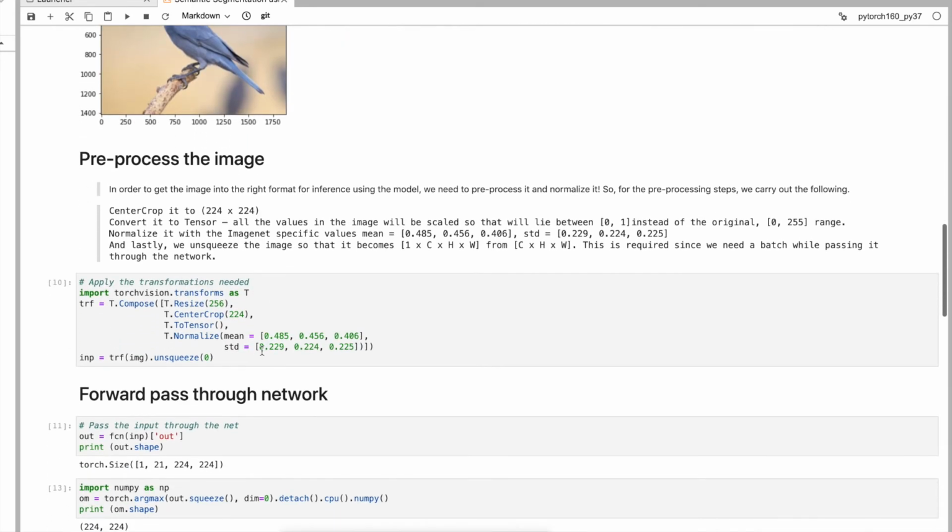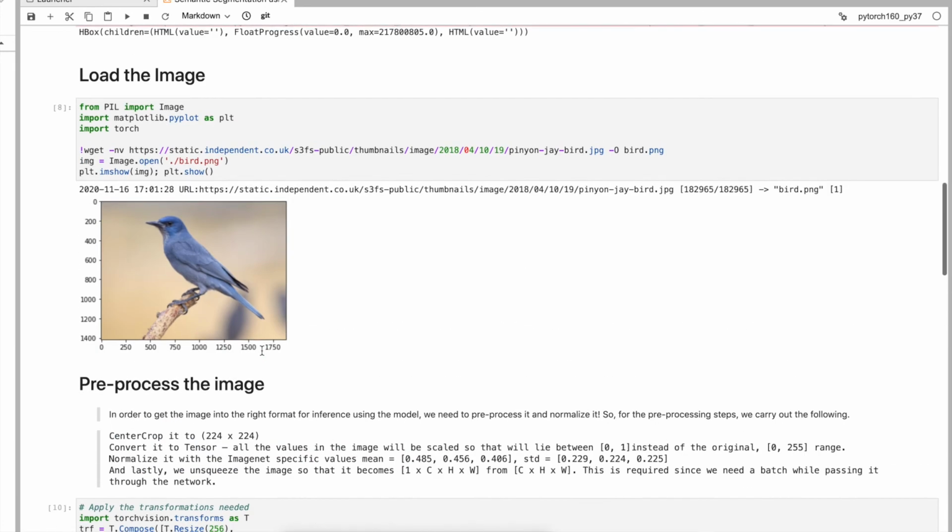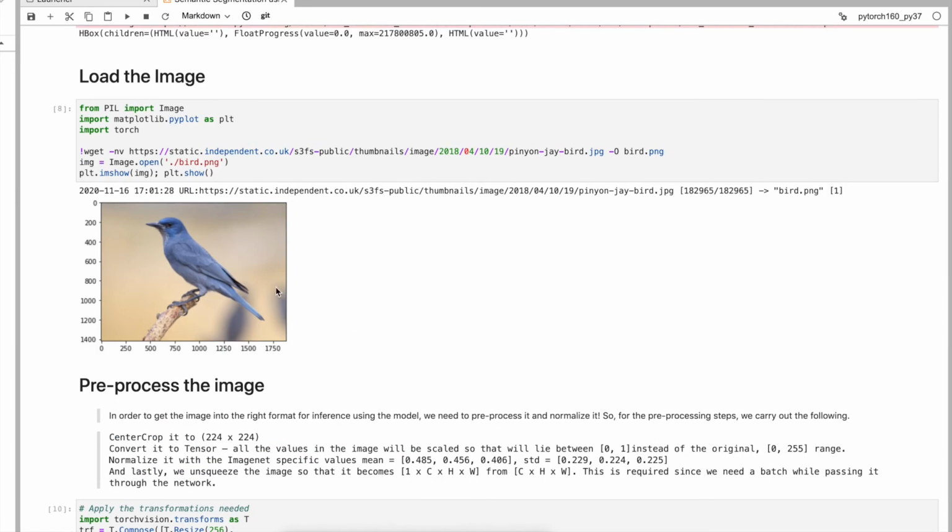To reduce computation, for example, the pixel value is 0 to 255, right? If we standardize the input so each pixel value is in 0 to 1, then if you multiply something with each pixel, it helps computationally. If the number is bigger, it is computationally heavy; if the number is small, it helps.